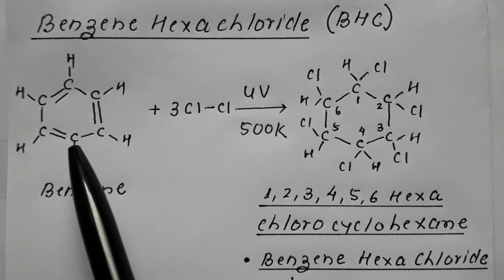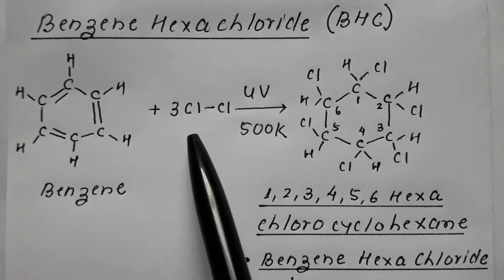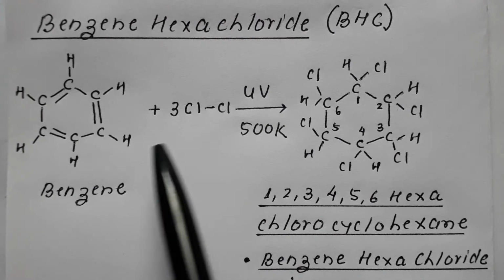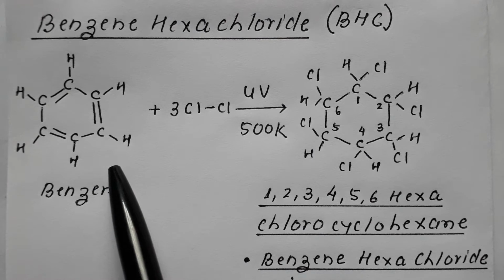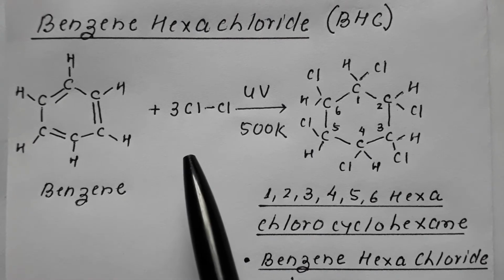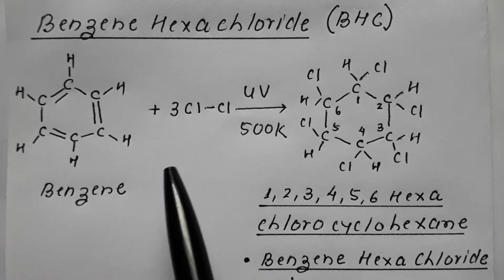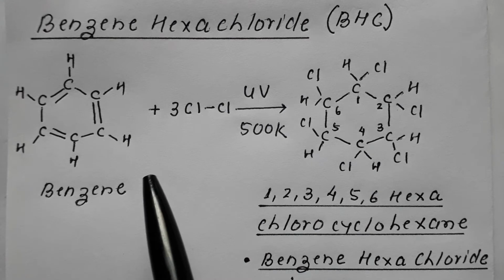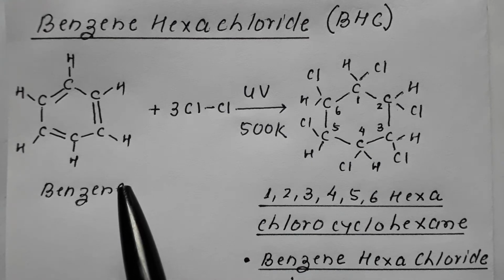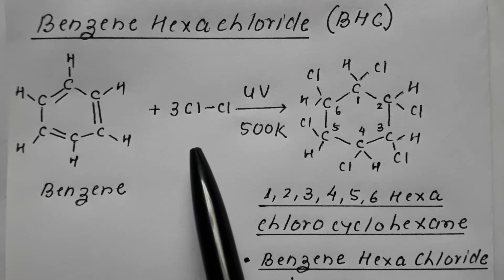To remember, when benzene is made to react with chlorine, you are aware that normally benzene undergoes substitution reaction. H gets replaced by some other group. The addition reactions in benzene are very few, but there are two very important addition reactions in benzene you have done in 11th. One is addition of hydrogen and this one, addition of chlorine.